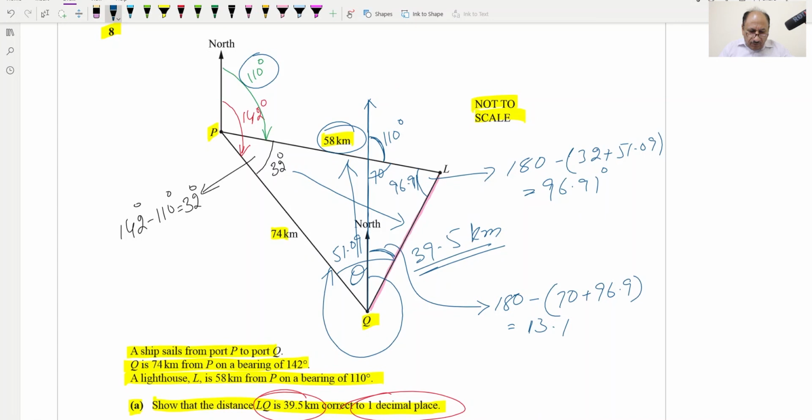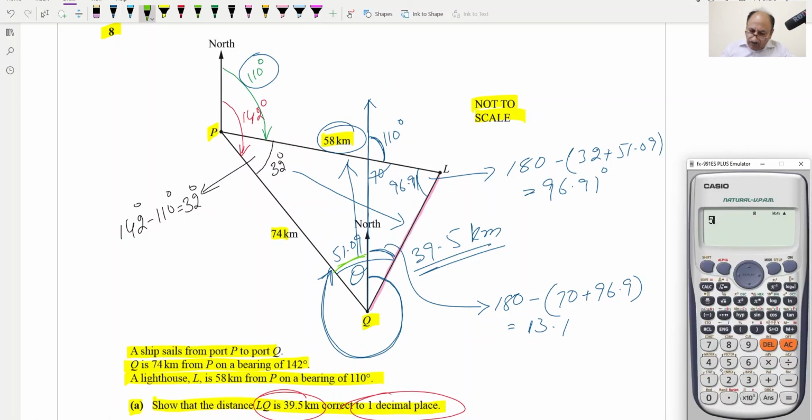Now we can find basically the bearing. Bearing will be starting from this point up to this one. So remaining angle we can check. Out of 51.9, remaining angle will be which one? This will be the remaining angle. So 51.9 minus 13.1. So we can calculate 51.09 minus answer will be equal to